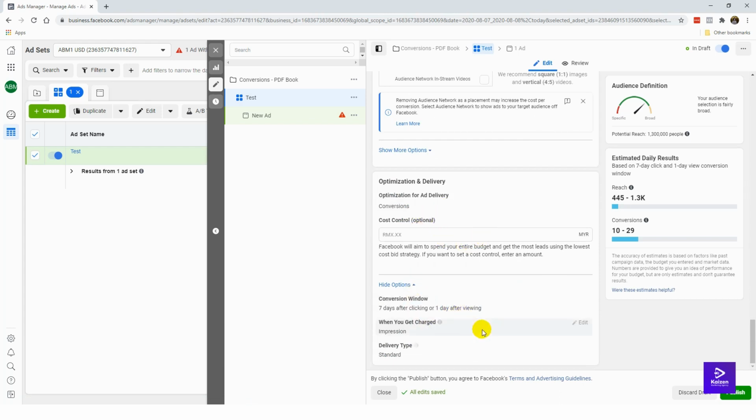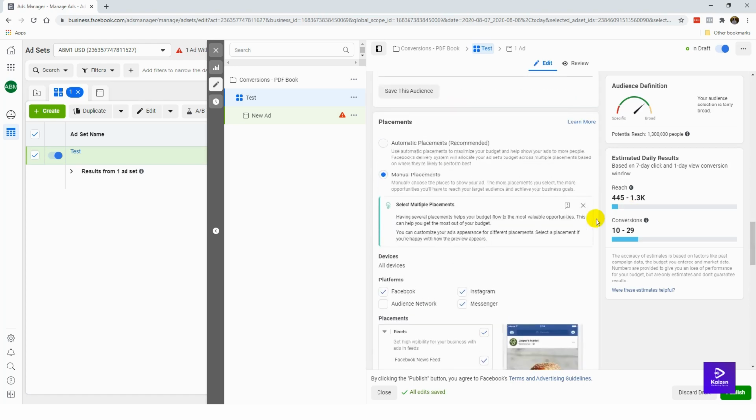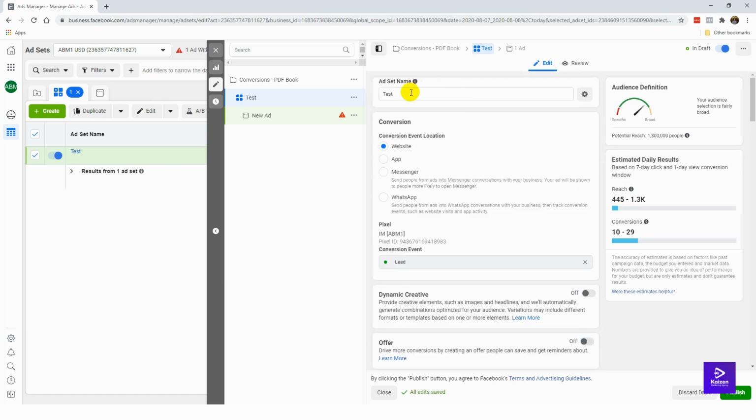Okay, so there's one last thing I'm going to add here that we have not done yet, which is the ad set name. Now we're going to give a formula to this so that every time we take a look at the ad set name, we know what the targeting is. So this is the formula that I would recommend you follow. I'm just going to call it